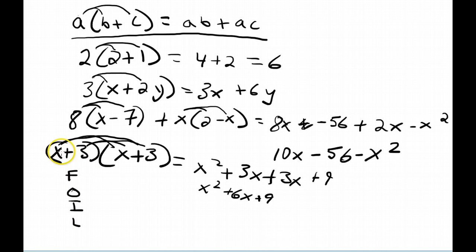Now what we did here actually was use the FOIL rule. Now I always like to think of it as just redistributing the first and the second term into the entirety, but they've come up with this acronym. Now FOIL stands for first term in each of the binomials, and then the outside term in each of the binomials, so the x and the 3. The inside term of each binomial, so the 3 and the x, and then the last term in each binomial, so 3 and the 3. So FOIL is